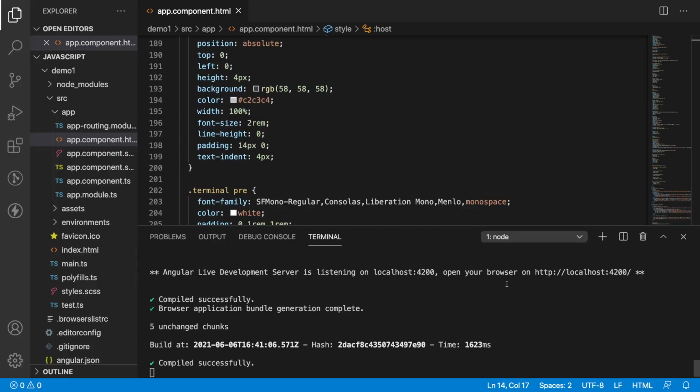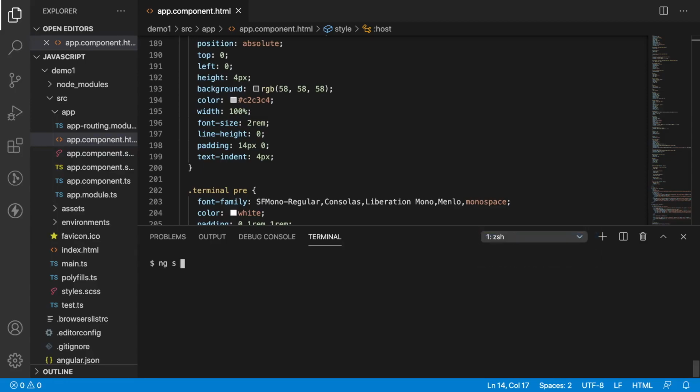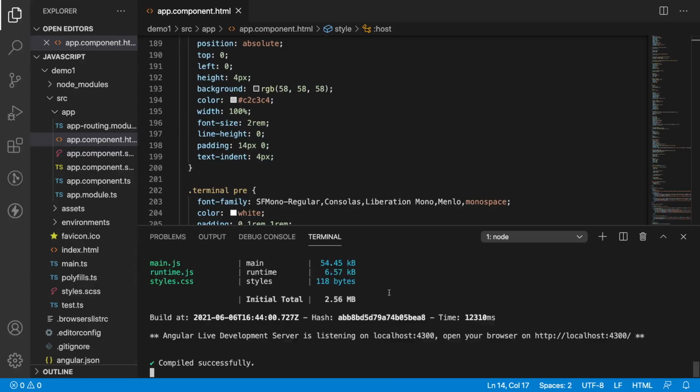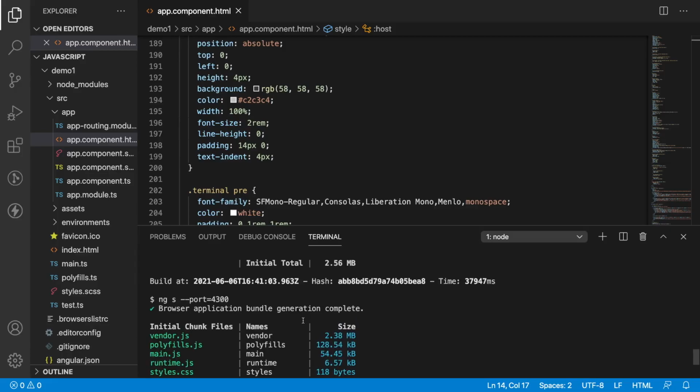And also if you want to run your Angular application on a different port, you can use one more command, ng serve --port=4300, where the double hyphen indicates an option, and hit enter. If you see here, the setup phase is not done now because the setup phase is done only one time. And now it generated our chunks directly.